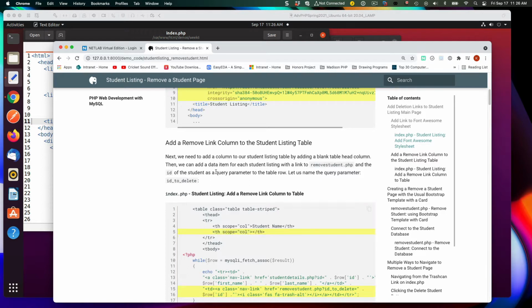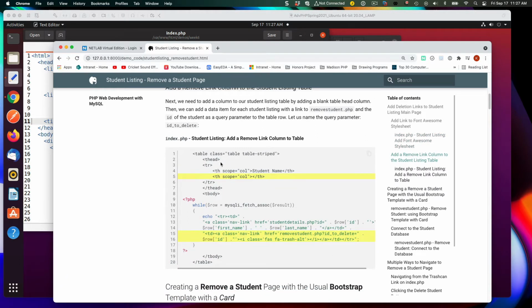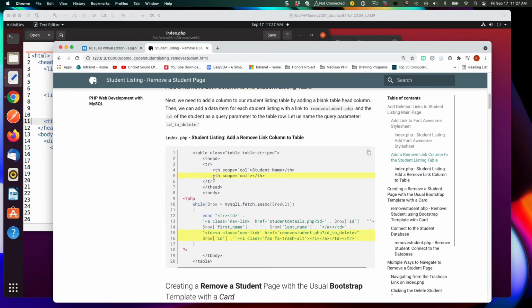And then we can add a data item for each student listing with a link to remove student.php and the ID of the student as a query parameter to the table row. So we'll name that query parameter ID to delete. Okay, so let me go ahead and grab this new column, this header right here, and we will go and